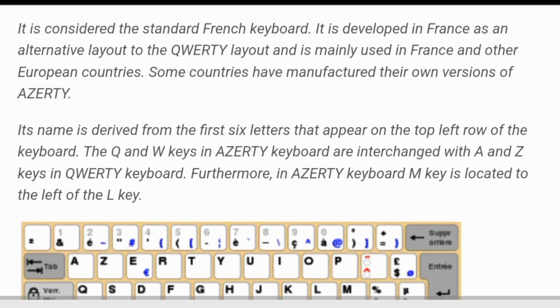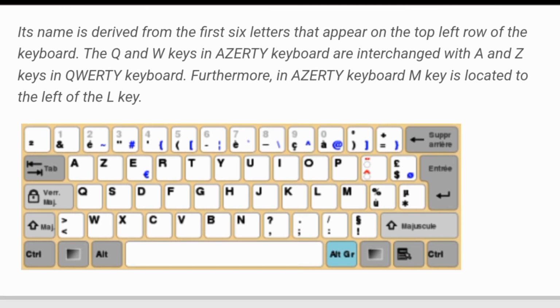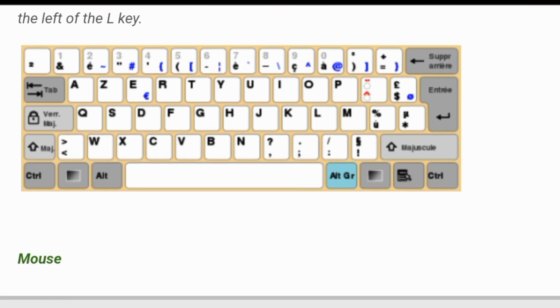The Q and W keys in AZERTY are interchanged with the A and Z keys in the QWERTY keyboard. Furthermore, in the AZERTY keyboard, the M key is located to the left of the L key, as shown in the figure.